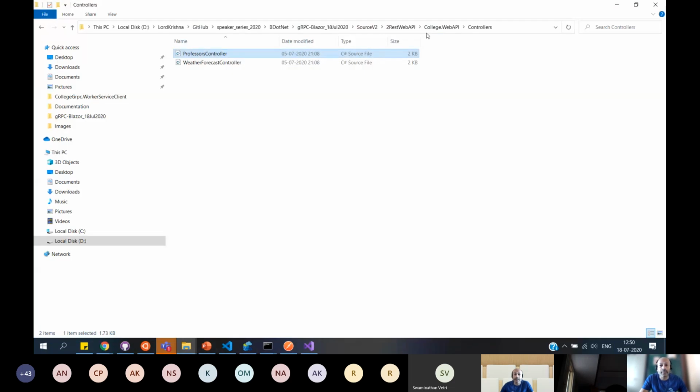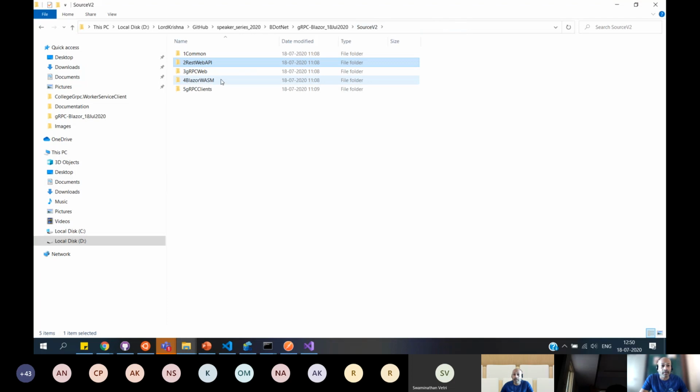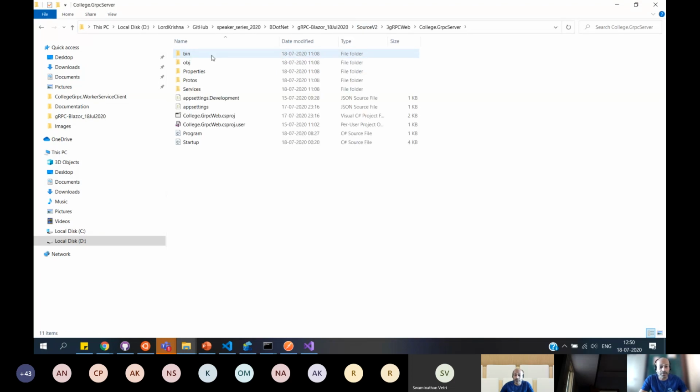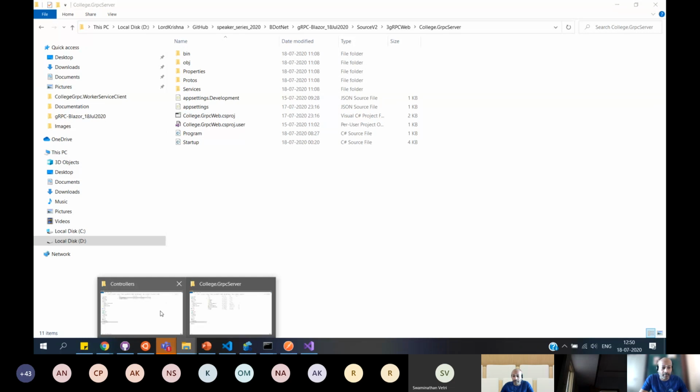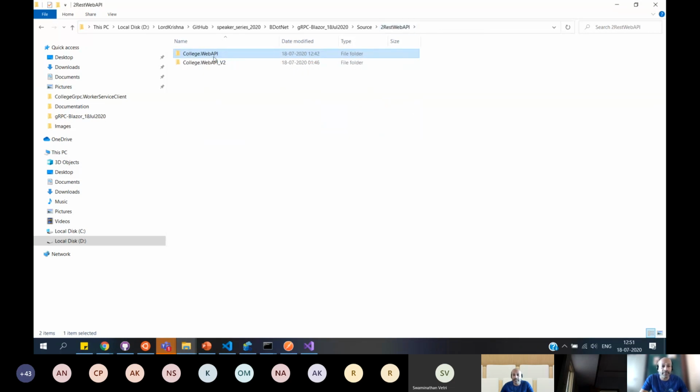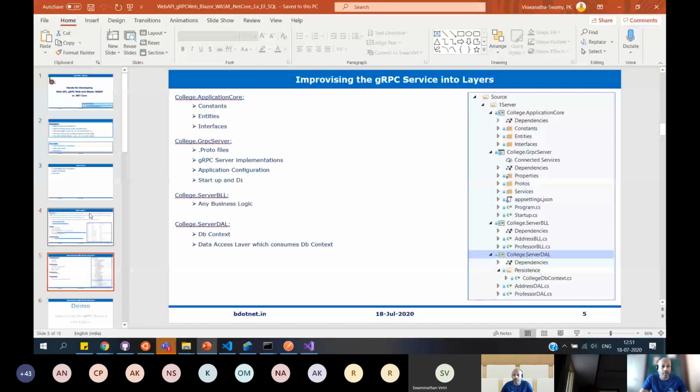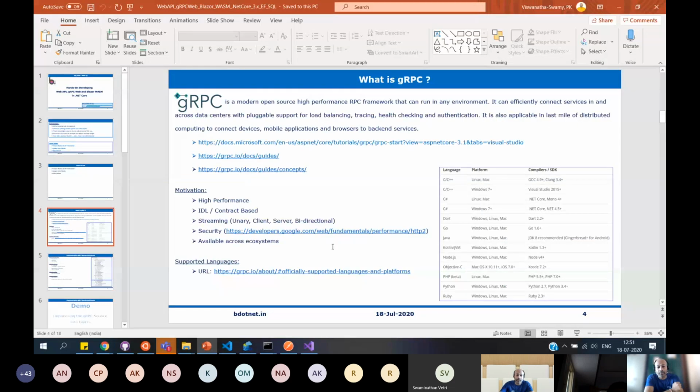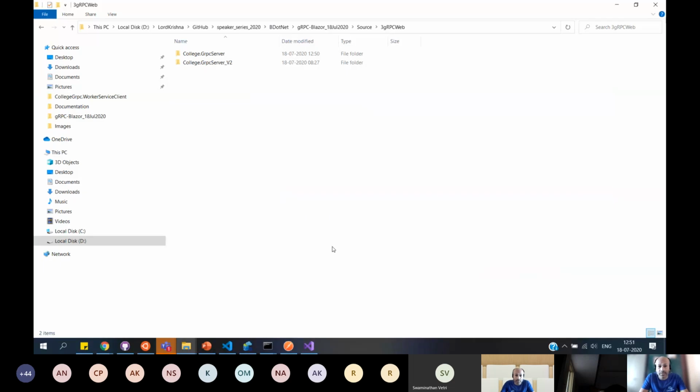For that, I will switch back to my already baked-in solution, and then come back here so that we can start stealing code in. Then we can see the difference between REST and gRPC. That's all, I just created it here. One small thing: once we develop this gRPC, let's wait for a minute and see why do we use REST, when do we use REST and when do we use gRPC. We'll talk on that in a moment. So first, let's go ahead and build this